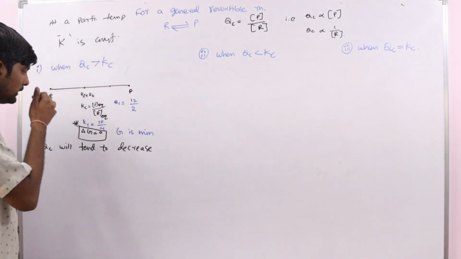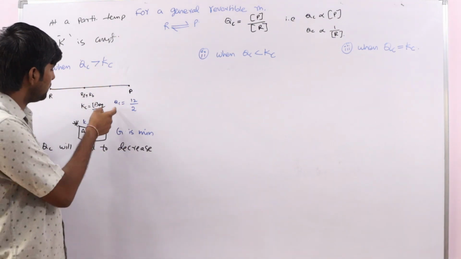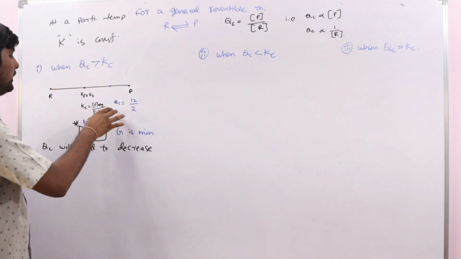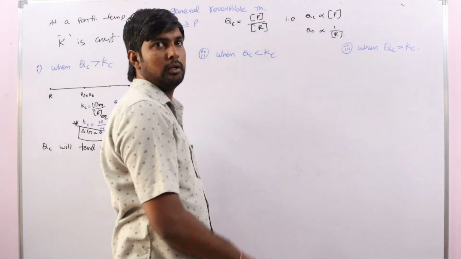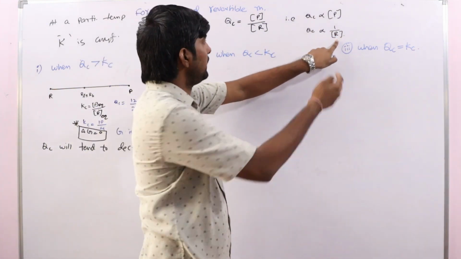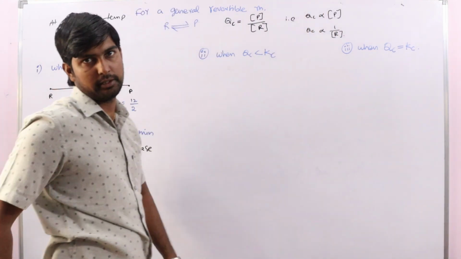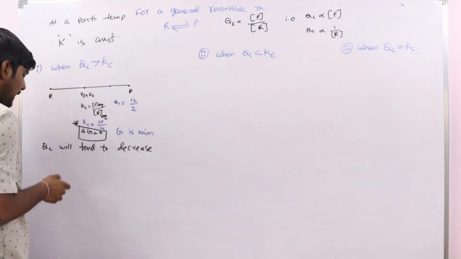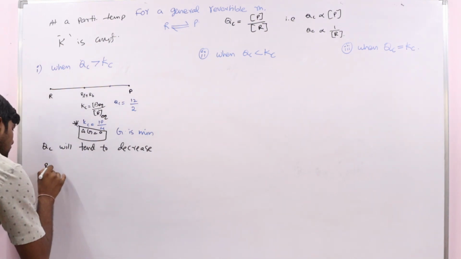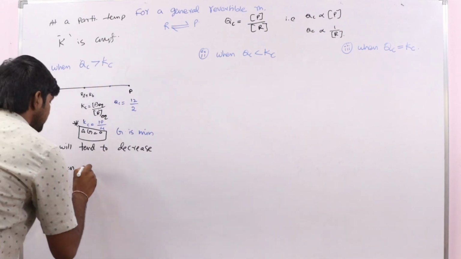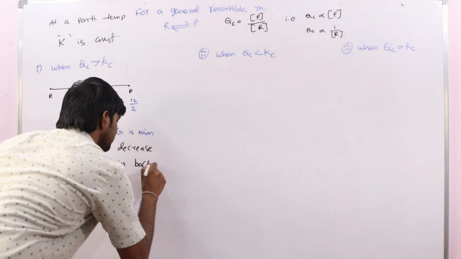All these concepts. Okay. So now, see here, the only possibility is that Q should decrease its value to become equal to the Kc. Yes or no? So how can it decrease its value? When reactant concentration increases, Q value decreases, or when product decreases, Q also decreases. Yes or no? So that's why QC will tend to decrease and the reaction proceeds in the backward direction.